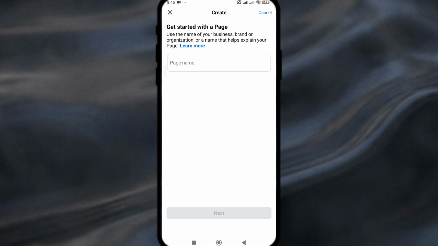This helps visitors understand your page. Next, upload a profile picture, such as your business logo, and add a cover photo that represents your brand. After adding these details, tap Create Page to finish the setup. Your business page will now be active, and you can start posting updates, adding contact information, and promoting your products